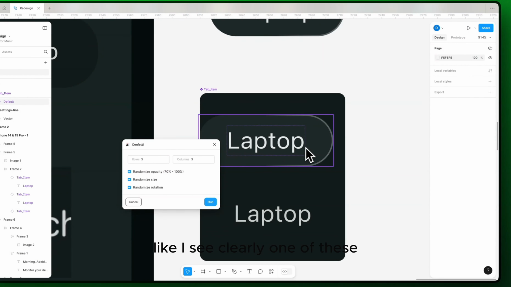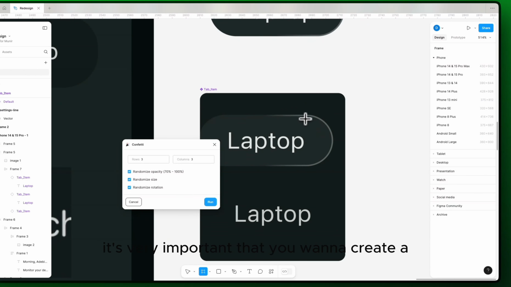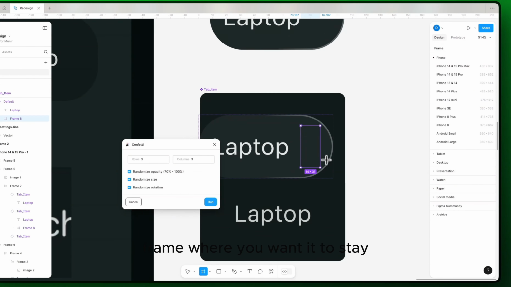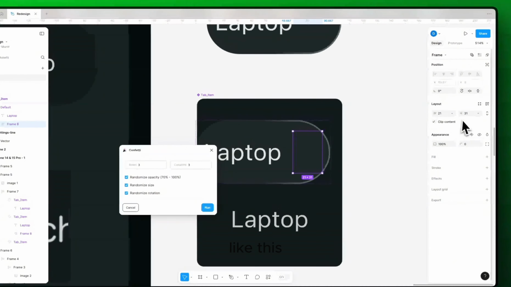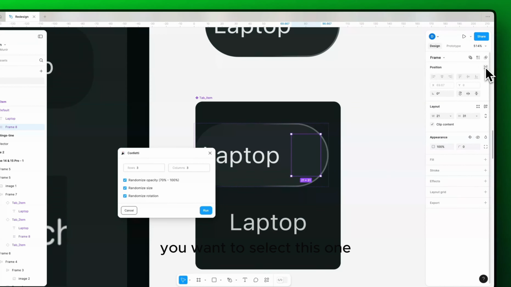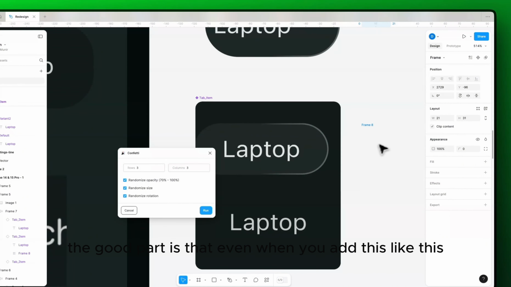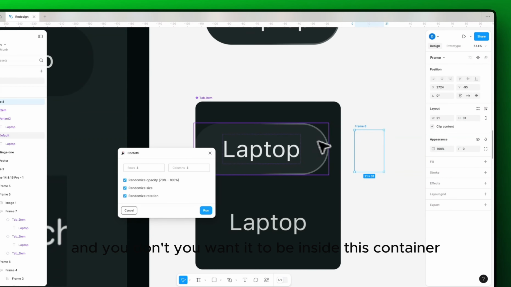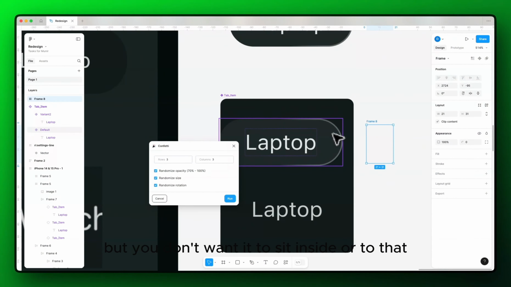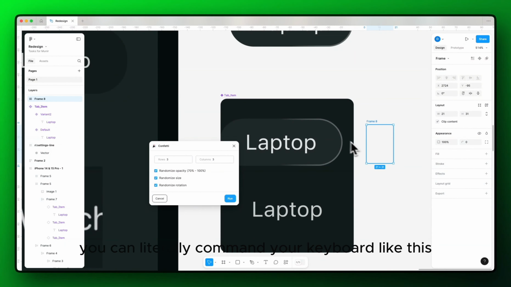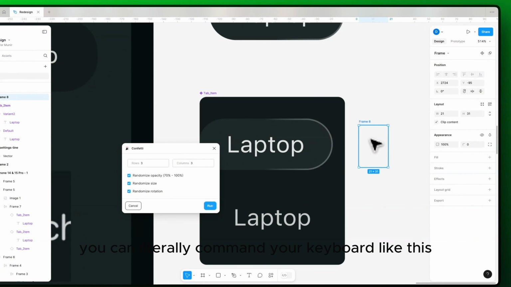Now that I can see clearly, it's very important that you create a frame where you want it to stay like this. Then you select this one. The good part is that even when you want it to be inside this container, but you don't want it to sit inside the auto layout so it gets confused, you can just hold Command on your keyboard. Select first,